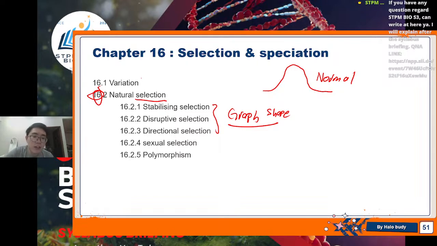In simple words, the environment selects the suitable phenotype of the organism when the environment changes. Meaning the organism is very clever: if the environment is changed, it will select the desired phenotype that is suitable for that environment. For example, in a dark environment,